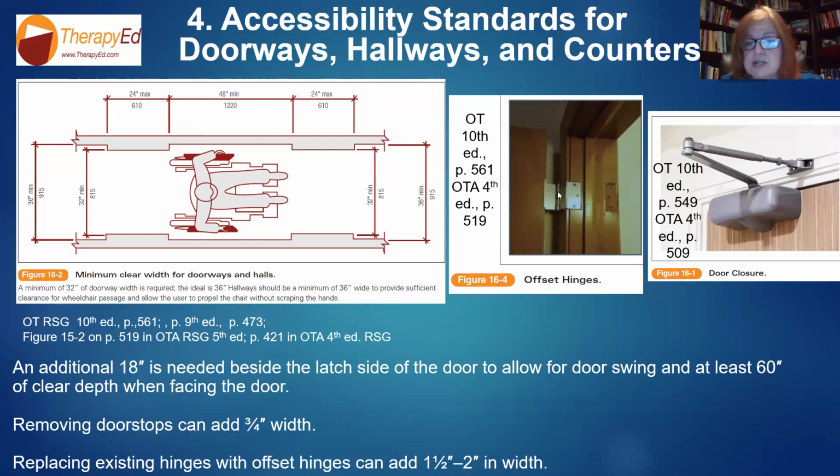See how this hinge goes like this? Because when you open a door, the door is still partially blocking, right? It's open, but it's against this. This swings the door out and away against the wall. So you gain another 1/2 inch, 1.5 inch, 2 inch, depending on how thick the door is. So you gain the width of the door.